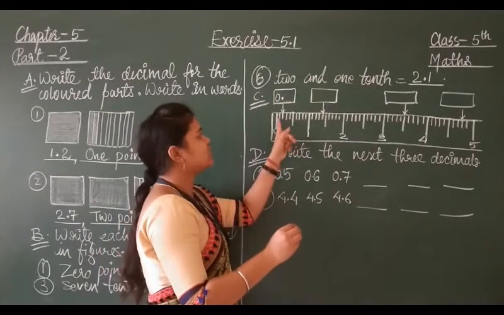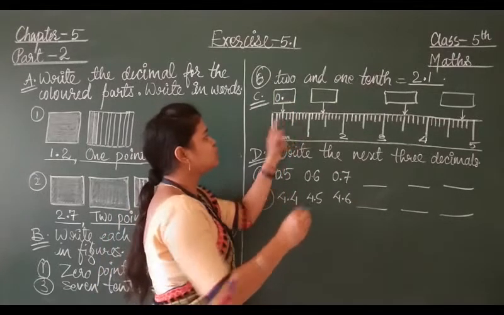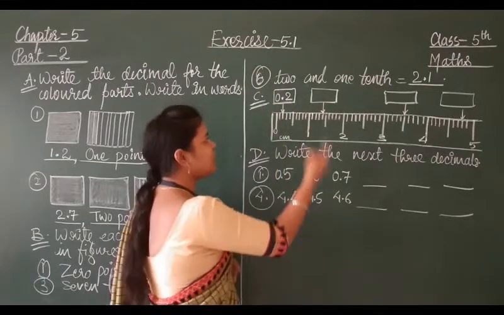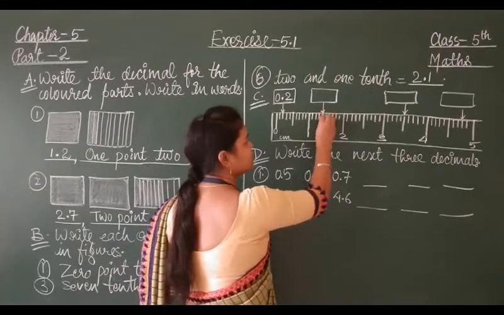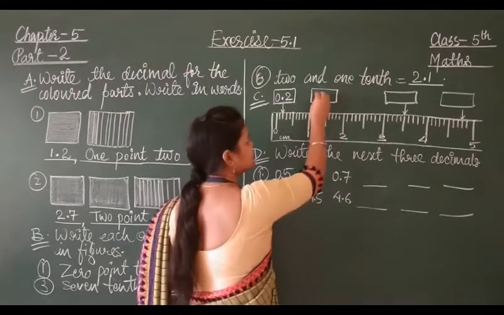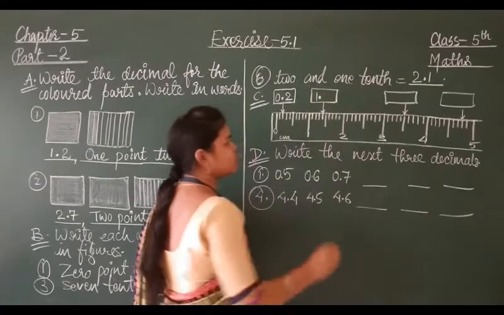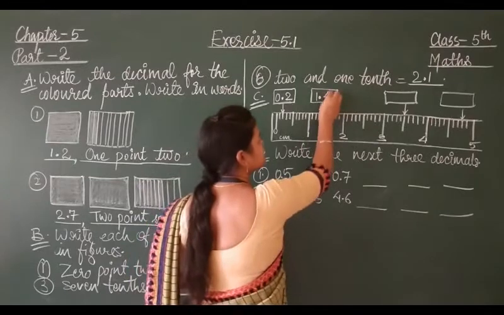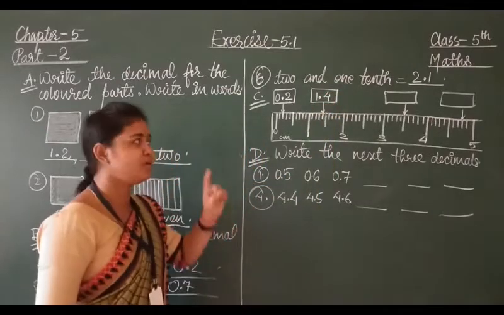So now we have put the point. Now students, here after 0, 1, 2. This is 2, so 0.2. Clear to you? Now moving to next. This is denoting which number? So 1 is there. Before that, one whole number is there. This is 1, so we will write 1 point. Now we will count 1, 2, 3, 4. This is 0.4, meaning 1.4.